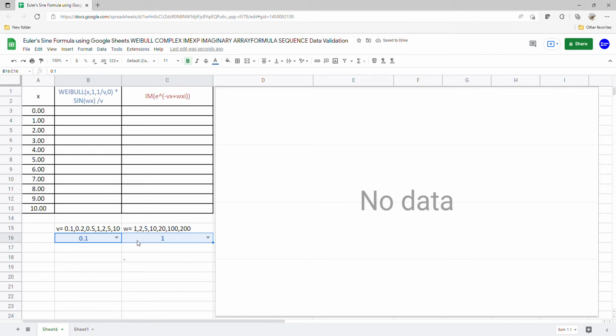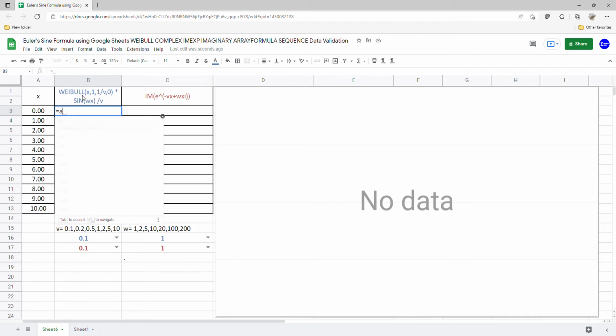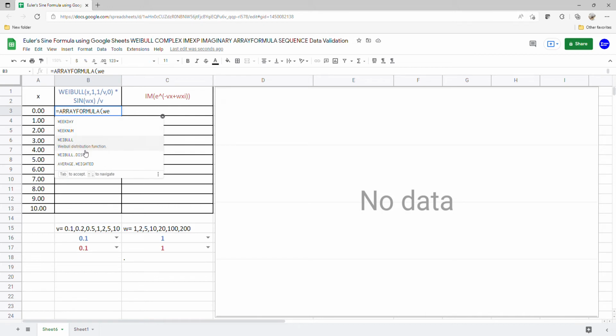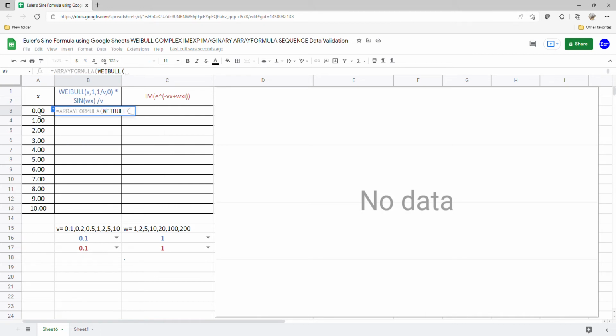We copy the data validation, Control C and Control V, and change the color to red. Now we continue with the dataset of the WEIBULL function. So, array formula, WEIBULL of the x values, comma 1, comma 1 over v,